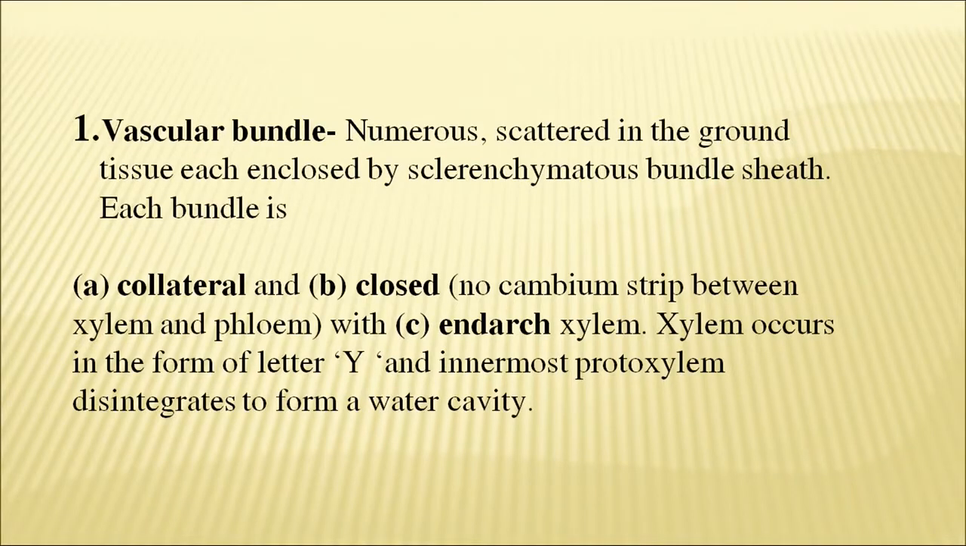All right. So, vascular bundles in monocots are numerous, scattered in the ground. In case of dicots, if you remember, they were arranged in a circle, right? But in case of monocots, they are scattered in the ground tissue. So, each bundle has its own qualities. They are collateral and closed. There is no cambium strip between xylem and phloem. You remember, cambium is the special tissue which has the ability to divide the cells. So, now since monocots do not need secondary growth, they do not have much cambium between xylem and phloem. So, all right. Endarch xylem occurs in the form of the letter Y, and the innermost protoxylem